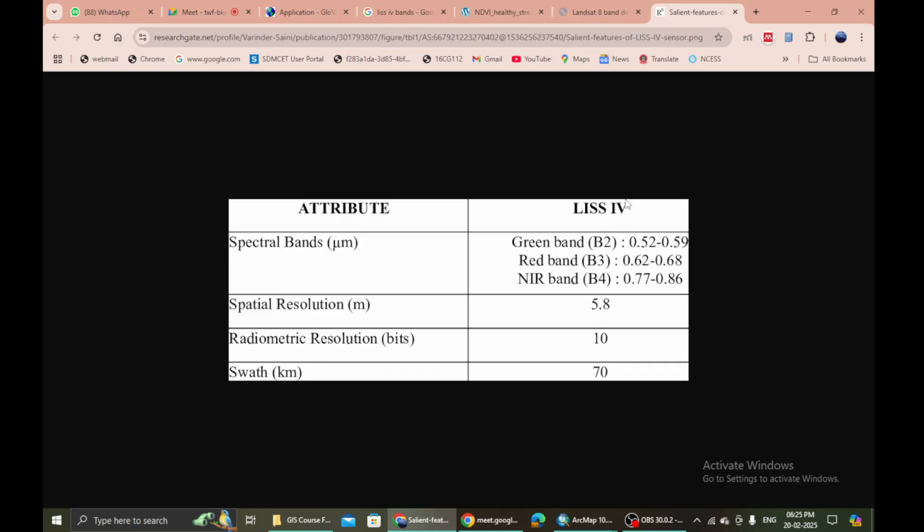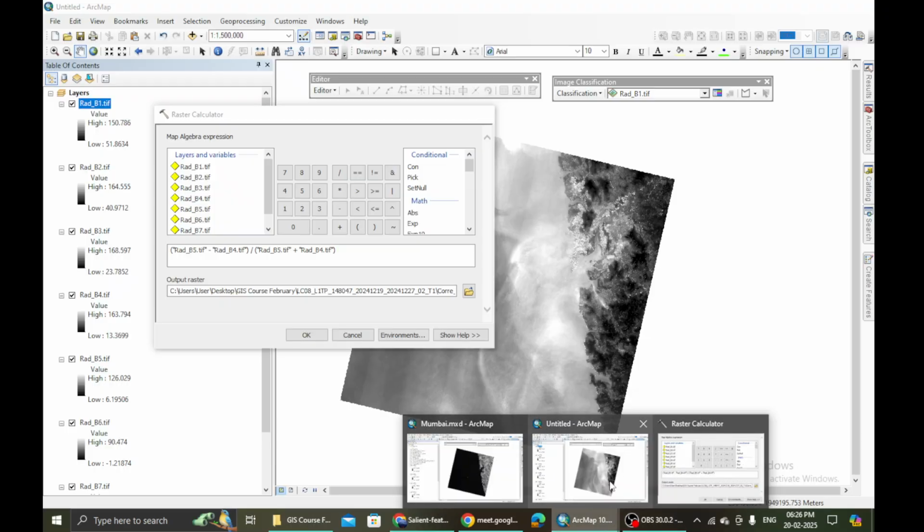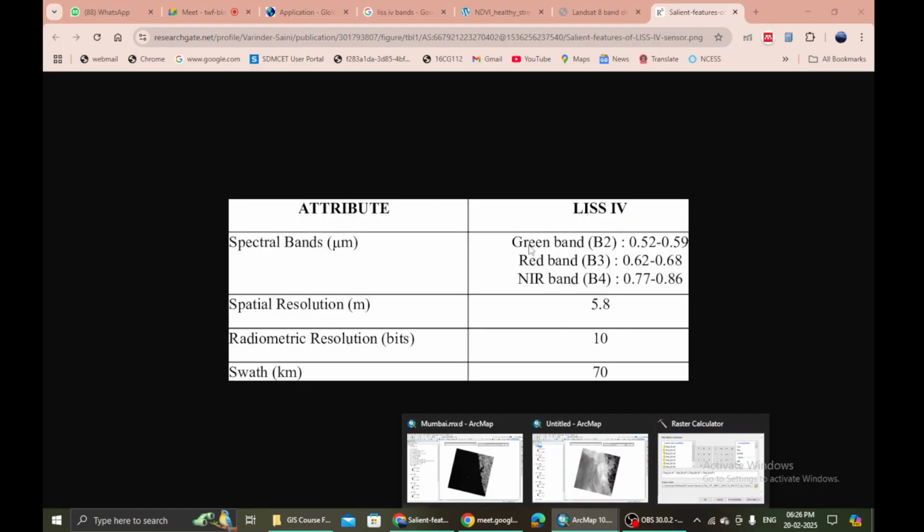If you remember, last time we had downloaded LISS-4 data, wherein the resolution is much better, around 4.8 to 5 meter, 5 meter by 5 meter. What we are working on is Landsat data, which is 30 meter by 30 meter. So can you tell me what will be the NDVI formula for this LISS-4? Can anybody tell me?